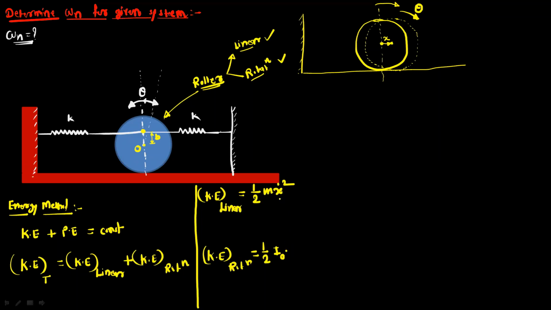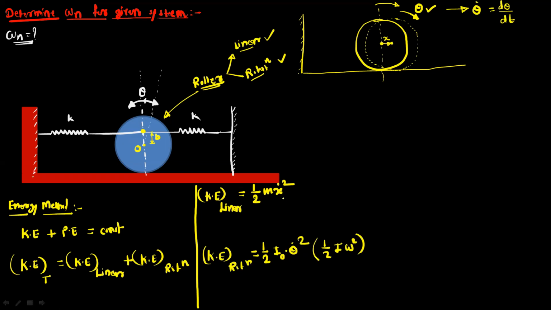So this is I0, and replace x dot, that is the linear velocity, by the angular velocity. So angular displacement is theta, so its angular velocity will become d theta upon dt. That is nothing but theta dot. Actually, theta dot is nothing but d theta upon dt. So this is the angular velocity. So this is 1 by 2 I0 theta dot square. Okay. So actually this formula you must have used: 1 by 2 I omega square. Okay. So omega is nothing but theta dot. Okay. So this is rotational kinetic energy.